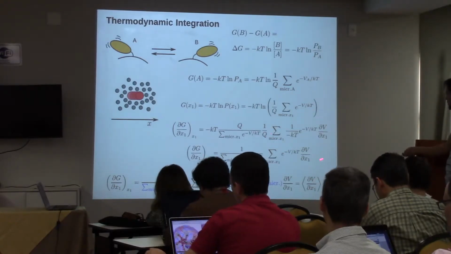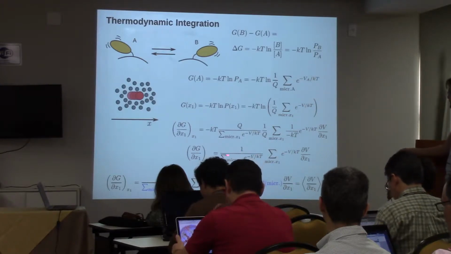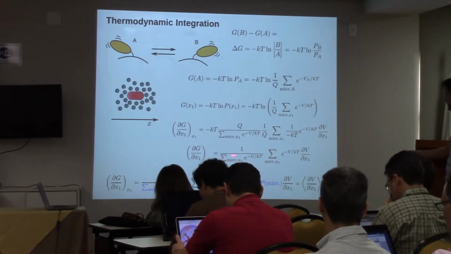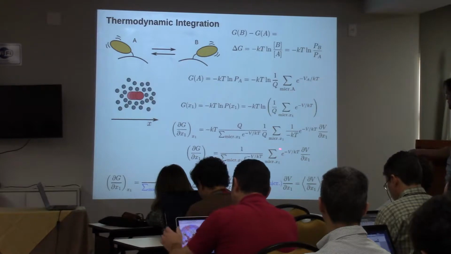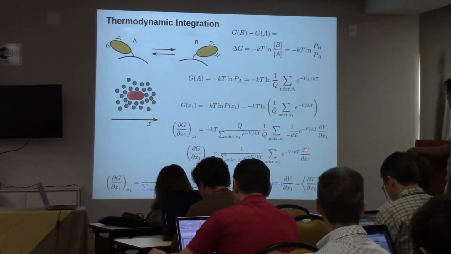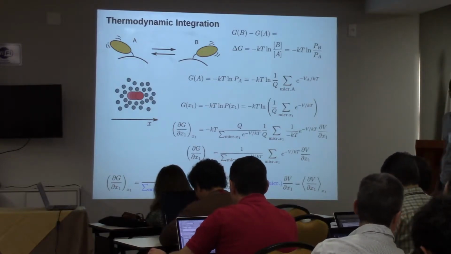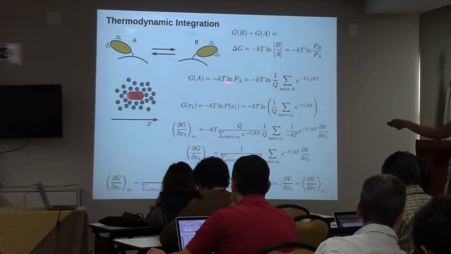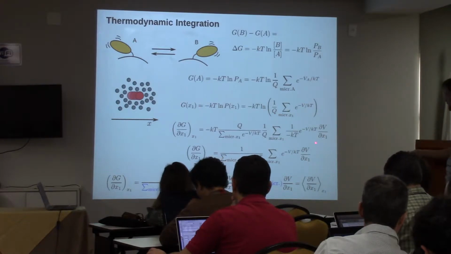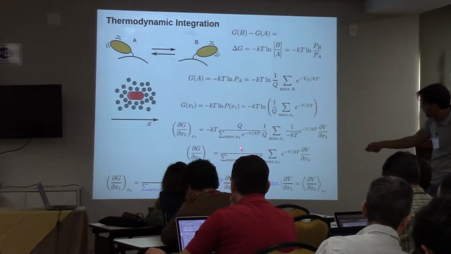What we get at the end is this formula, which is 1 over the sum over all the conformations which are compatible with the coordinate x1 of the system, of the exponential of the potential energy, times the same thing multiplied by the derivative of the potential energy relative to x1. This is the derivative of the formula which is the definition of the free energy for a particular reaction coordinate. Now what we see is that here we have the sum, 1 over the sum over all